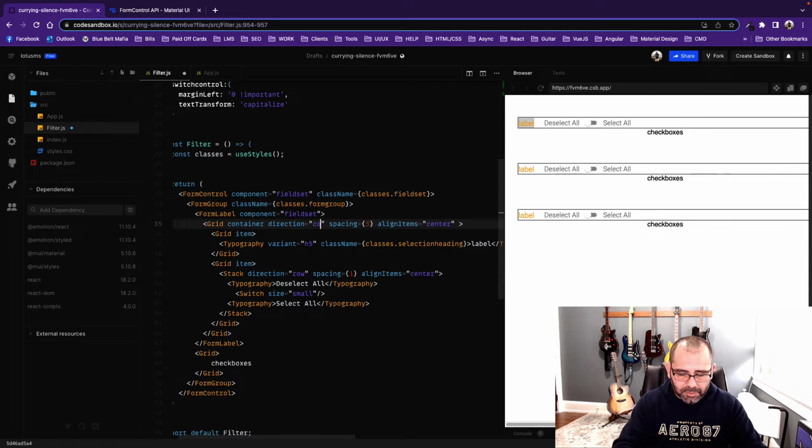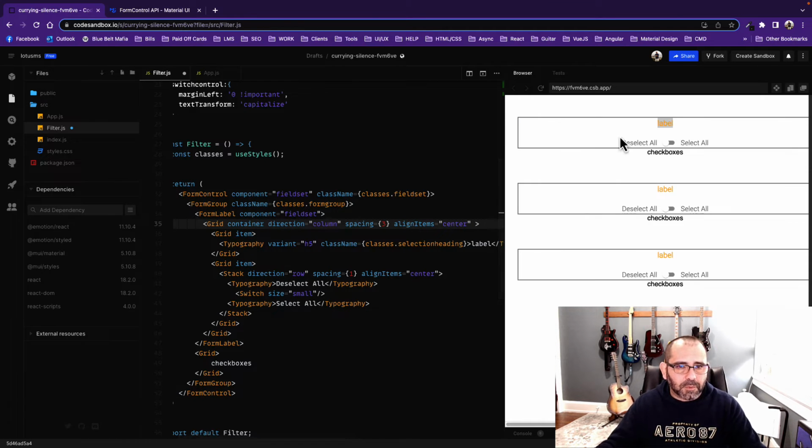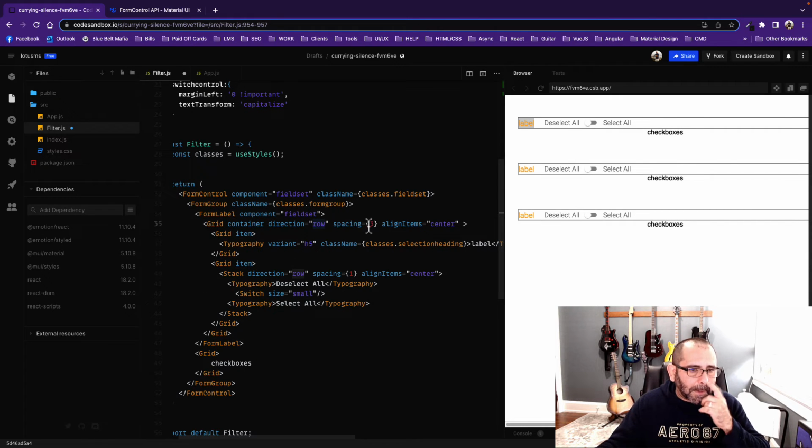If I were going to do this, for example, it will put it underneath the label, but I want it to be next to it, so I put row here, and then the spacing, which is the difference, this space that you see there. Okay, all right, so now on the next to it, I have this stack right here,